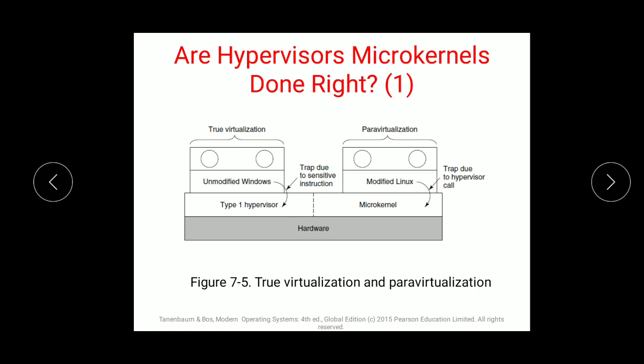Hypervisor is a single program containing two parts. So the hypervisor generally is a single program which is running on your hardware, but it has two parts, that is type 1 hypervisor and the other is microkernel. Emulation of sensitive instruction is carried out by the type 1 hypervisor. So if there is a sensitive instruction, it will be tackled by the type 1 hypervisor, and if the